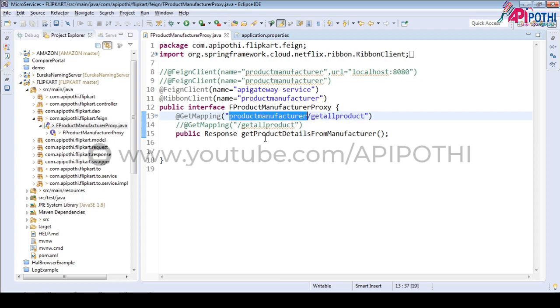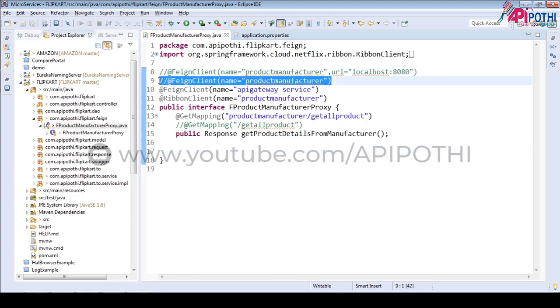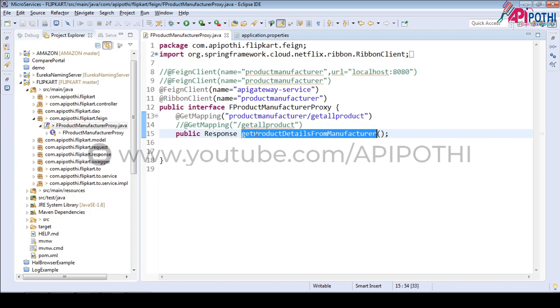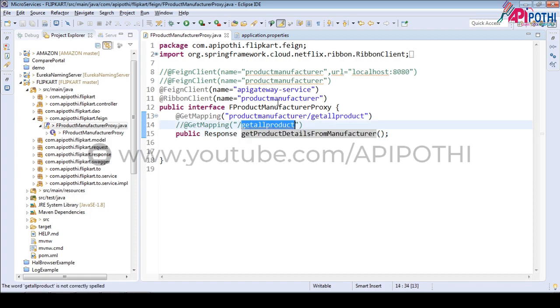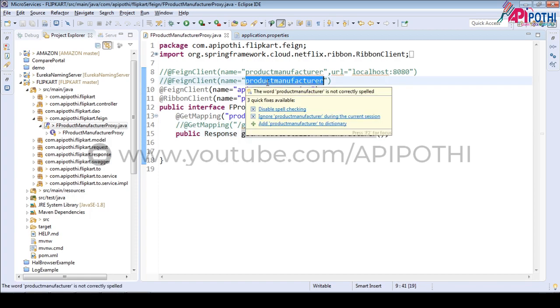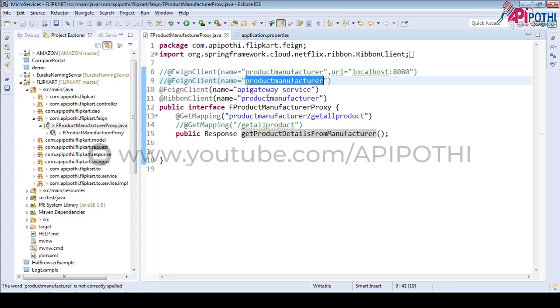should know where this application is running. So what will happen is that API gateway will read this one and understand, okay, this application is running on here, product manufacturer. Now let me repeat again. Earlier Fin client was telling that, okay, this get product detail or get all product is running on product manufacturer.